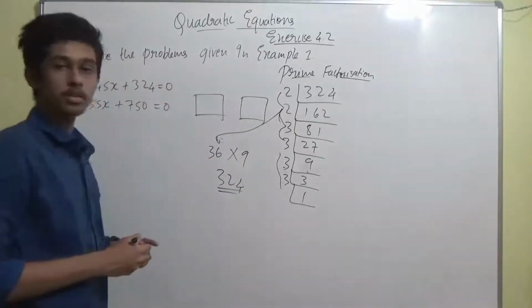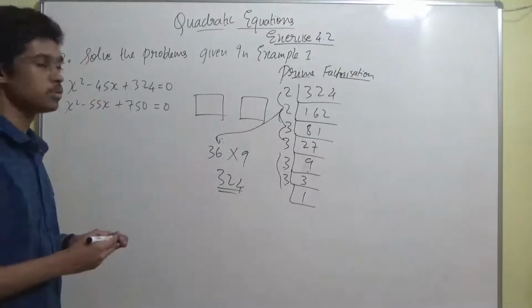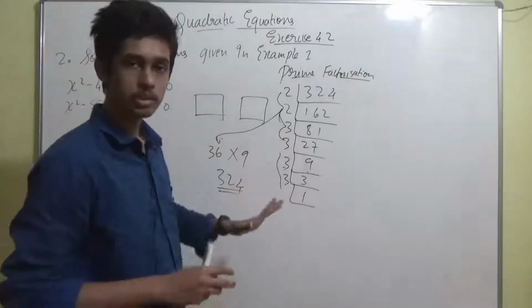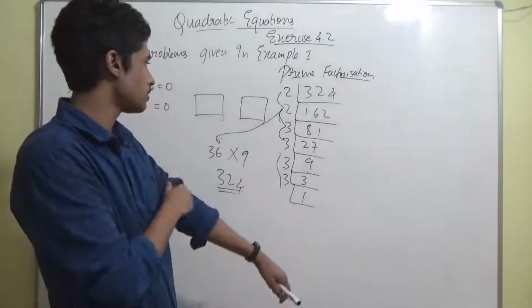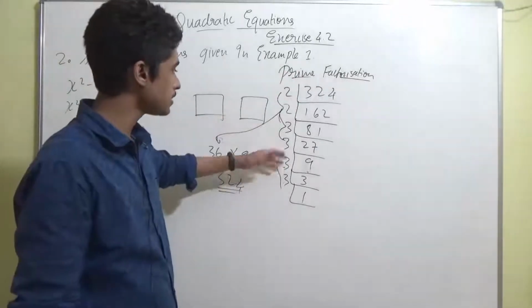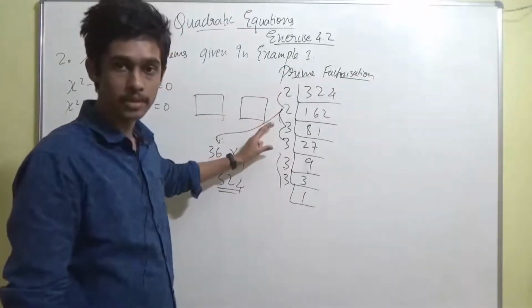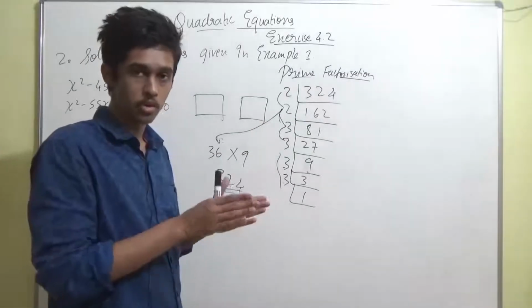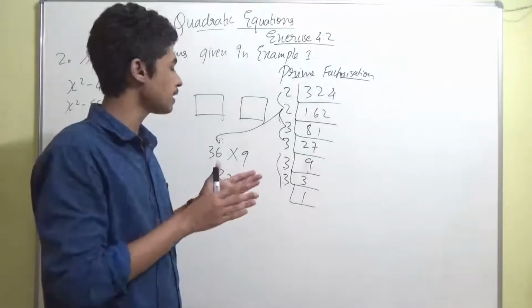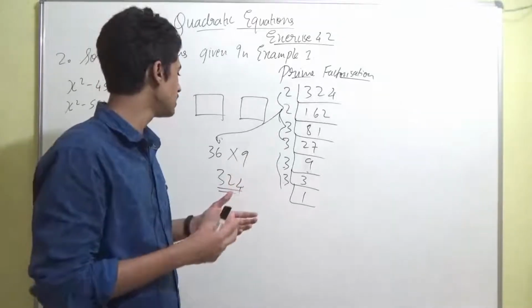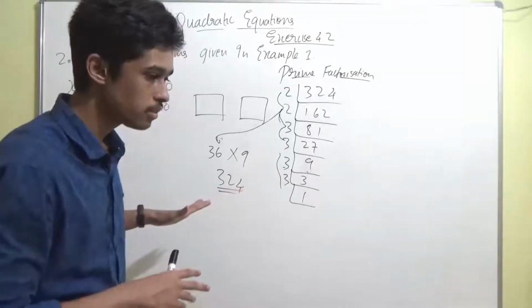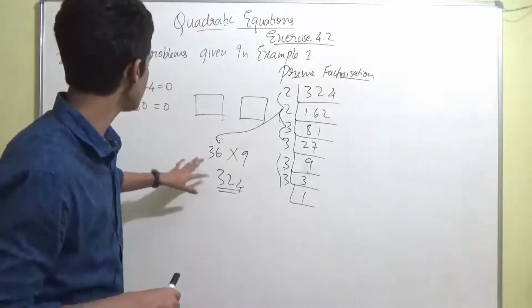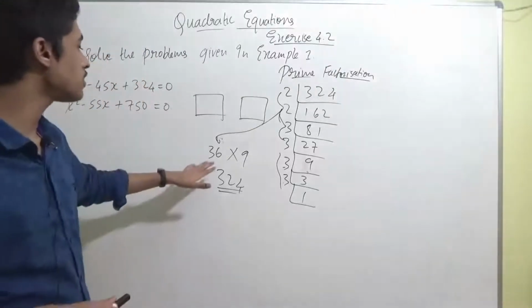Getting it? So when you have a large number, this method is the most effective method. You have to do the prime factorization, and then after getting the prime factors of that number, combine them in such a way that you make them into 2 numbers. You're going to first of all split it, so when you're splitting, multiply and split them in 2 ways such that you're going to get the middle term. So we got 36 and 9.